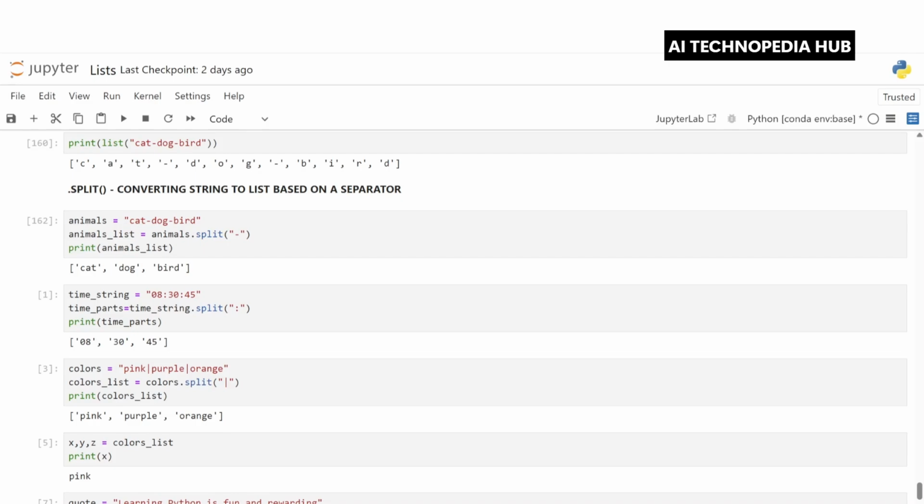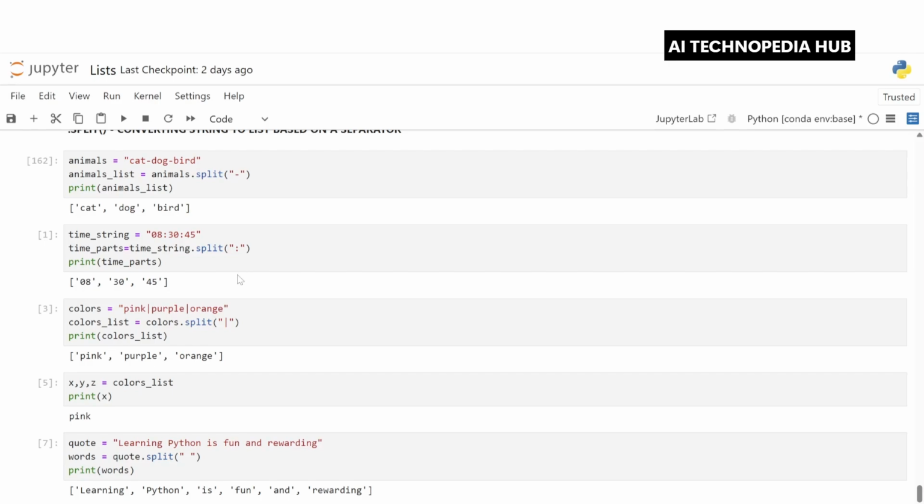Now what does animals underscore list have? The split method returns a list of words with the hyphen removed. Use the dot split method when you want to break strings into meaningful parts like words or values. So now it has separated cat, dog and bird.